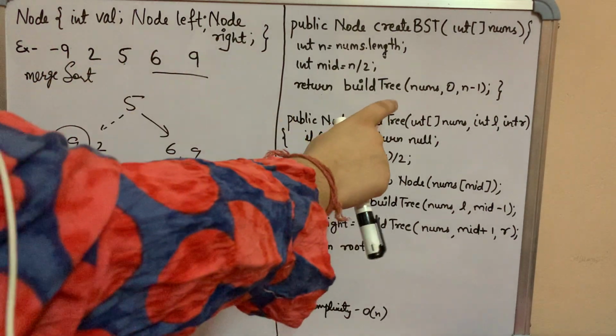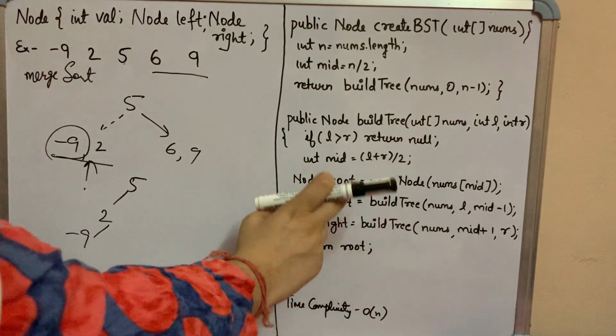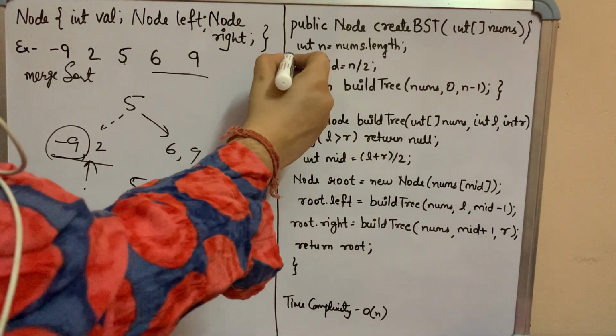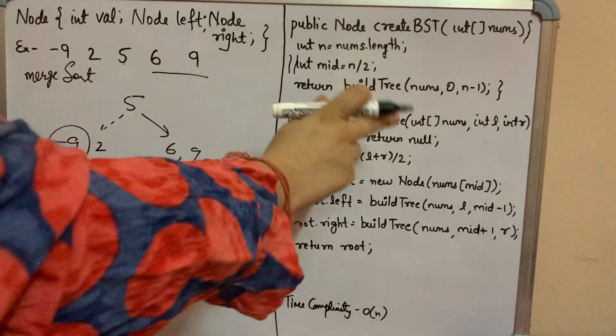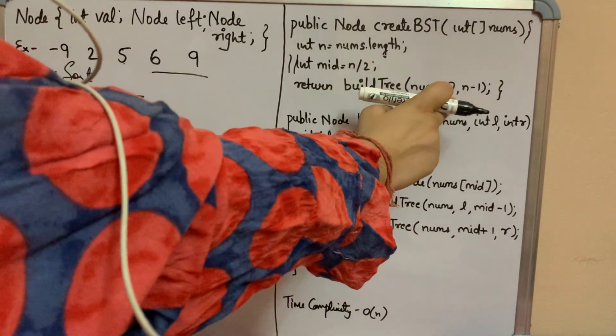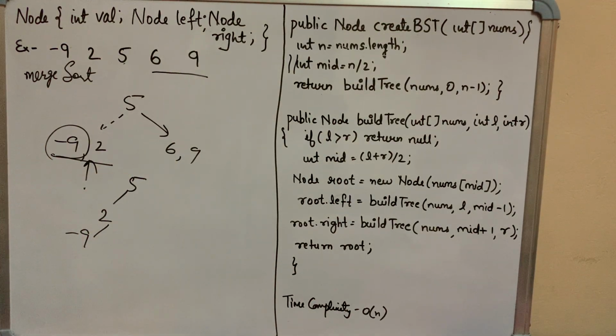So let's say if we go here, although this one we are not using here, I just showed you, the same thing will be used here. Or maybe for now we can just comment it out, let's not use it. I just showed you how you can do it. Let's say this build tree function has starting element 0 and ending element n minus 1, the total number of elements in the array minus 1.